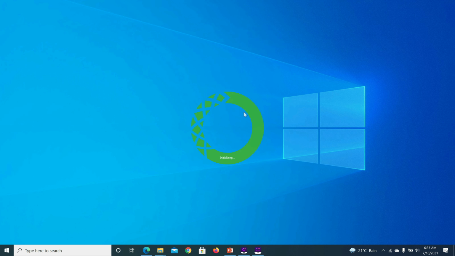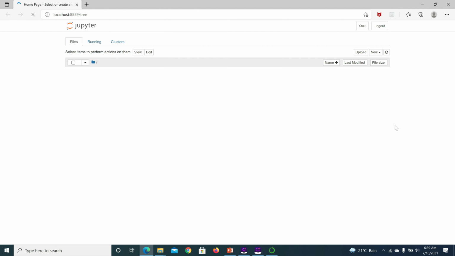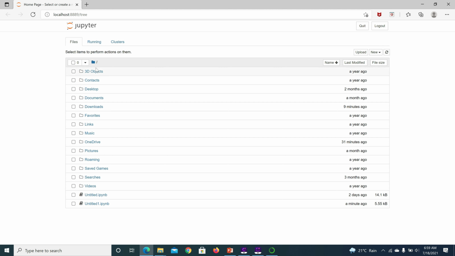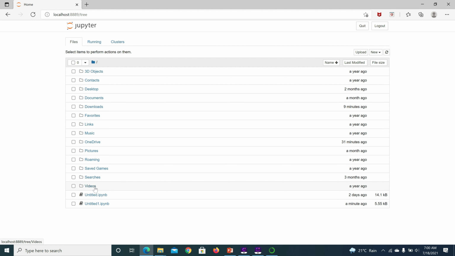You can see before launching it will do the initialization with the green logo. Launch Jupyter Notebook from here. It will launch in browser. Here if you see, it is fetching content from our system. Like if I click on desktop, it will show the content whatever is available on my desktop. Likewise we can see other contents as well. In our case I am going to select Python 3 to execute our Python scripts. Select Python 3 here. It will open in another tab.